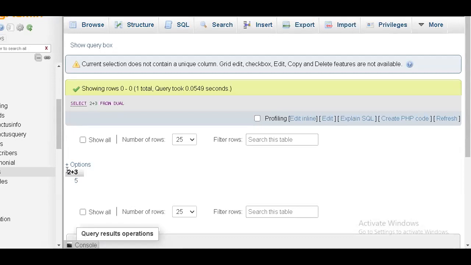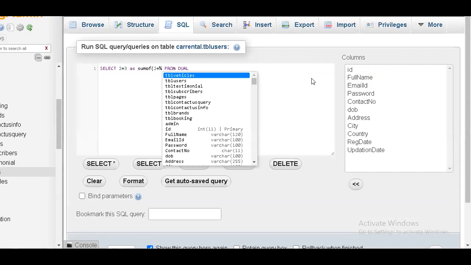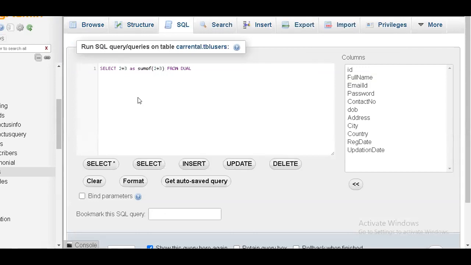I don't want to display this, so what do I have to do? I'll go to that particular option and write an alias name as sum of 2 plus 3. Instead of showing 2 plus 3 as the column heading, I want to display the alias name, so I write it like this and say from dual.